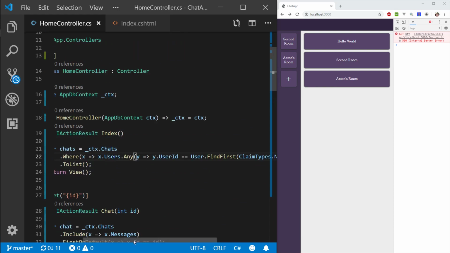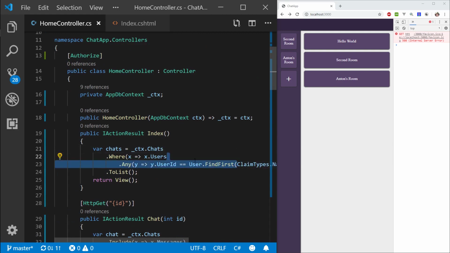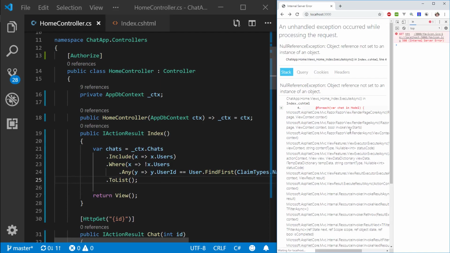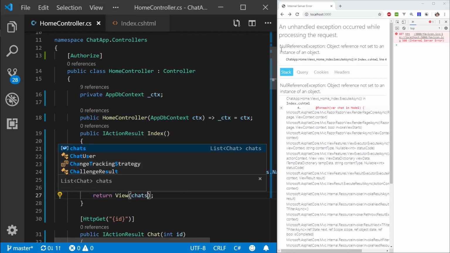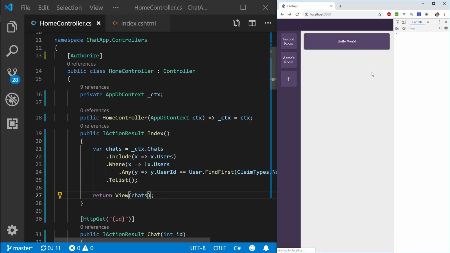All right, so at the moment we're getting all the chats where the chat users contains the current user. So what we actually want to do is put a not here. And we also want to include the users, right? So actually say x.users, so we can go ahead and map to them and actually perform this check. All right, so now let's go ahead and give this a refresh, and hopefully, let me actually not forget to pass the chats to my view. Let me refresh. And again. Okay, so now you can see that we're only getting hello world, and this is just another room that we